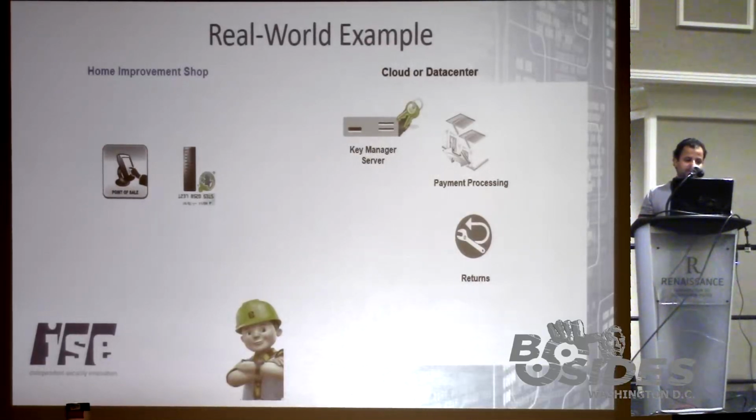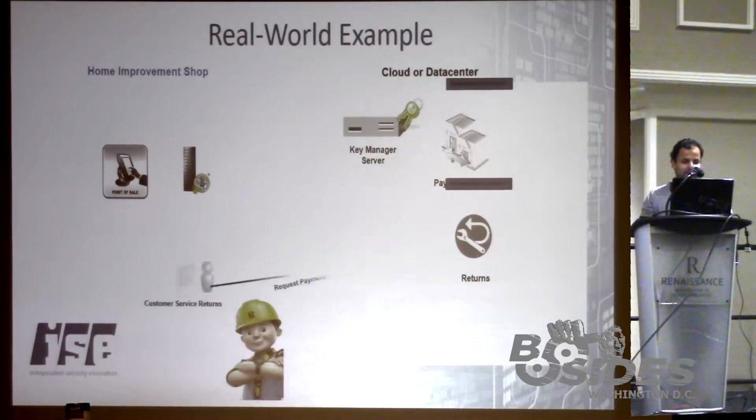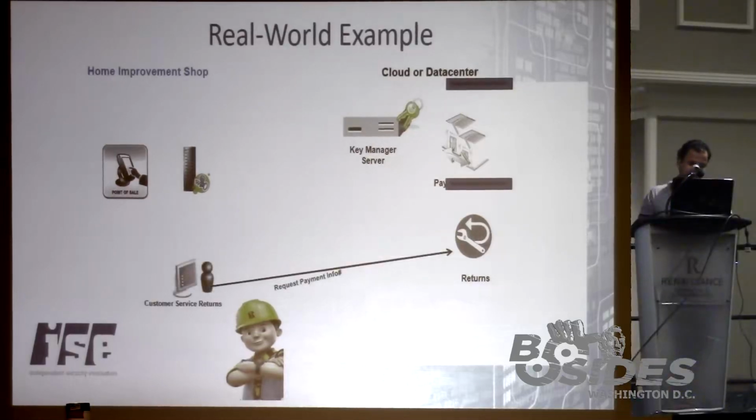And then basically, at the end of the day, the data key comes back to the point of sale, the POS, and then it probably encrypts the data and sends it to the payment processing people or the returns department back at Home Depot, which might be different, might be the same. And obviously, I go back to Home Depot to return stuff. So when I go back and I'm returning stuff,